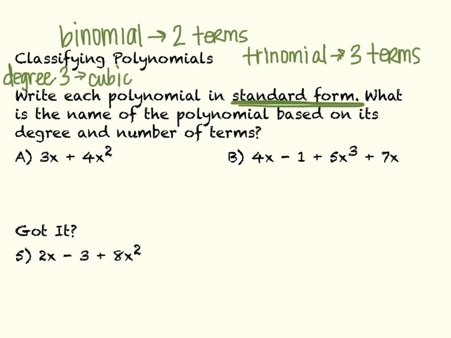And you know, second degree is a quadratic. First degree is linear, and if there's no variables at all, it's called a constant. Okay, so